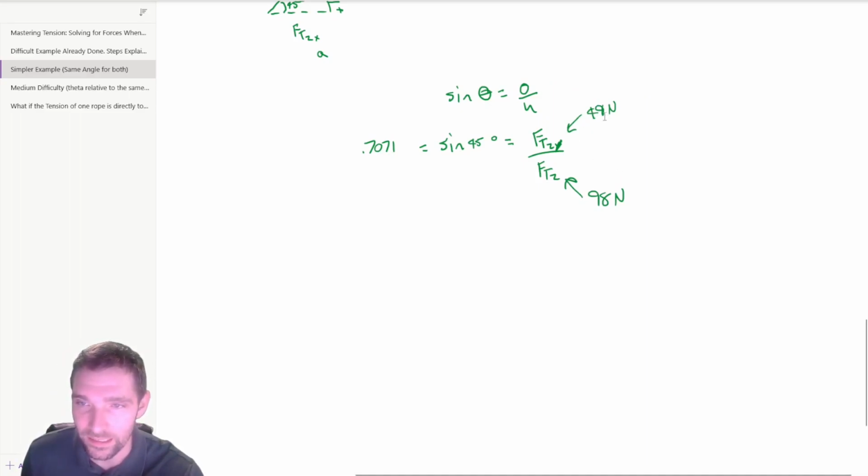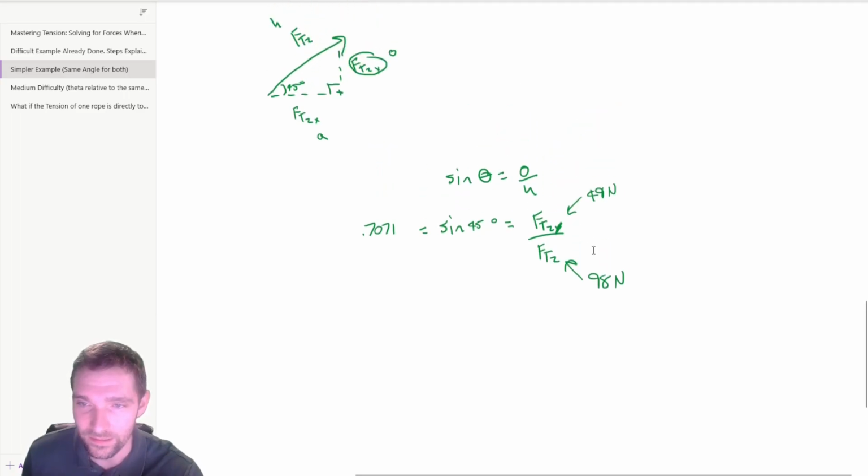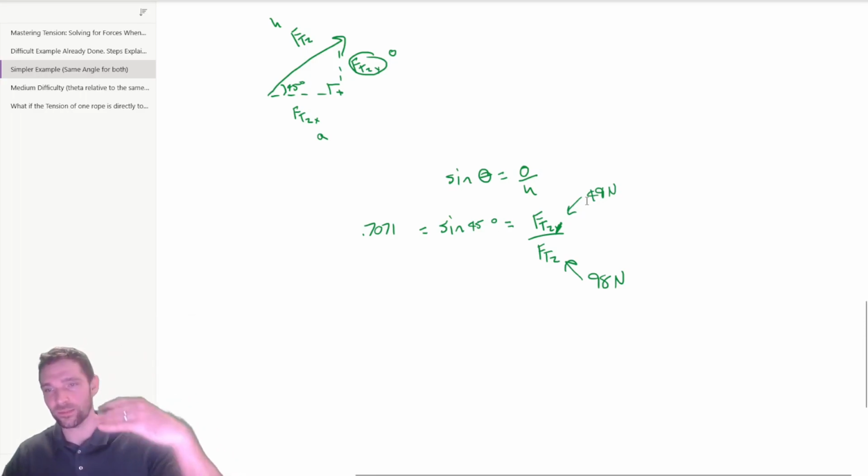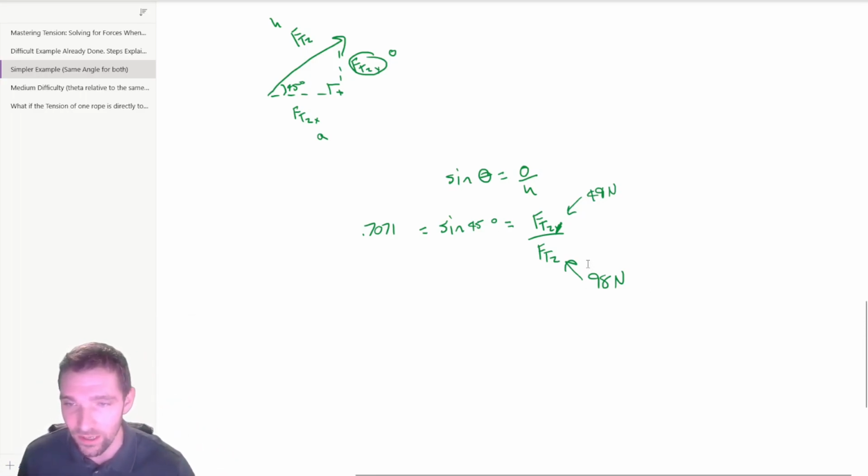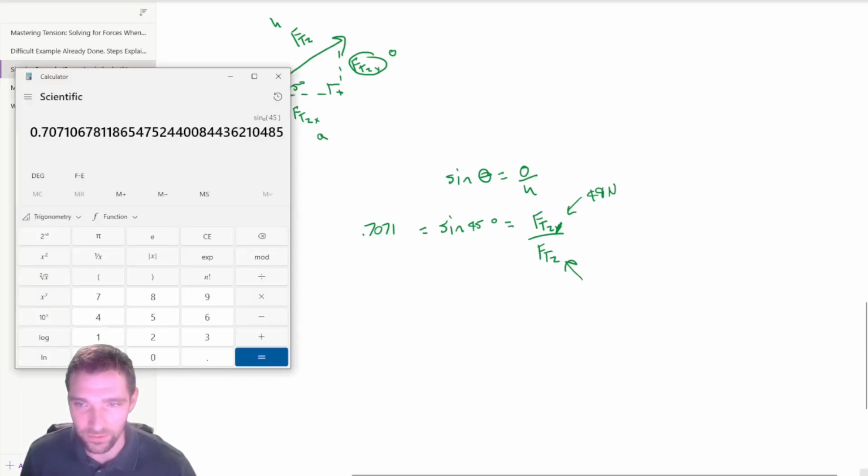So in that context, the two tensions are still going up and canceling out gravity in the y direction, but what you end up getting for the final tensions are going to be slightly different values. So if we look at that, we can see, okay, this is about 70% of that number. So you can do a little bit of rearranging here, and you can take